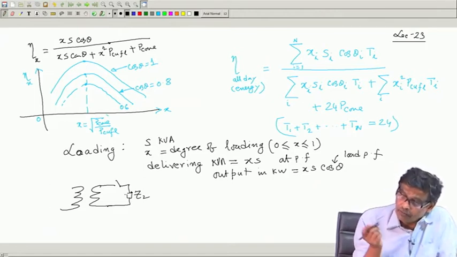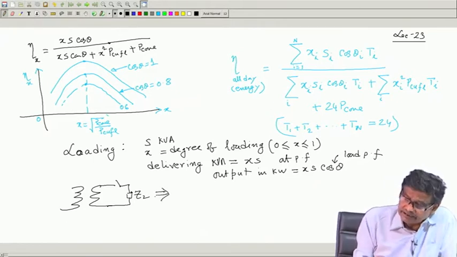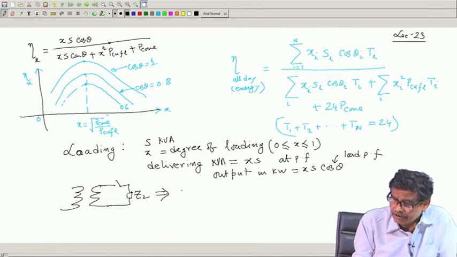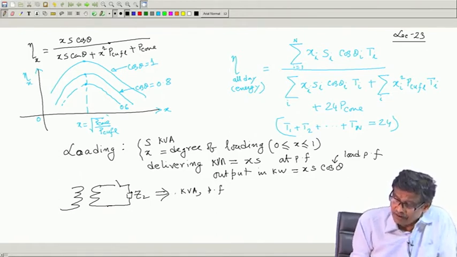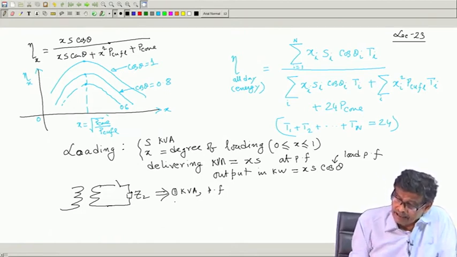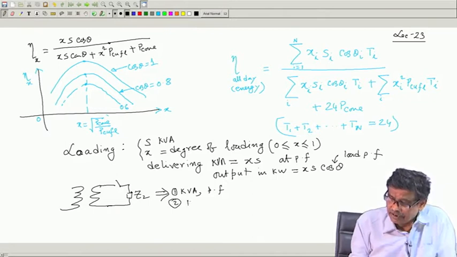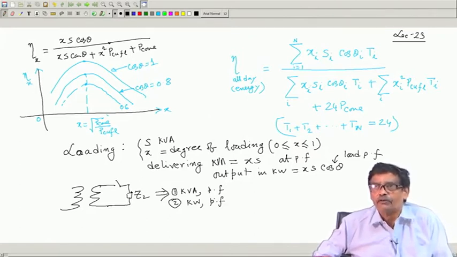In other words, one way of specifying this load indirectly is that you specify the kVA of the load and power factor, as here I have done. Another way to specify load is in terms of kilowatt and power factor. That is, load is 100 kilowatt, 0.8 power factor lagging. You have fully described the load,